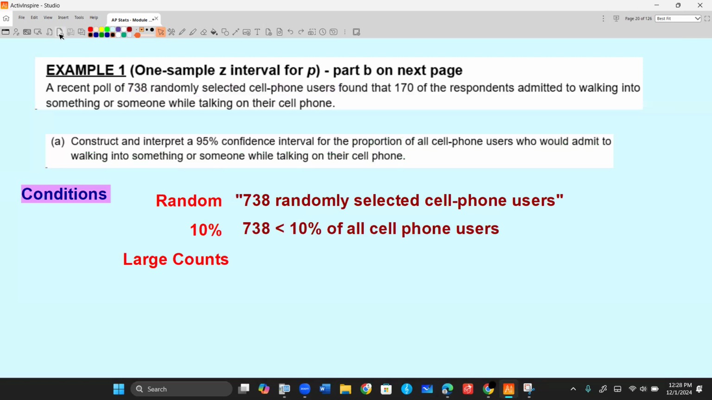We're going to assume in this case that that's going to be less than 10% of all cell phone users. We're not told how many cell phone users there are, but I'm sure there are billions in the world. And the large counts,